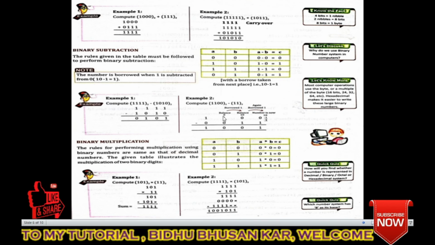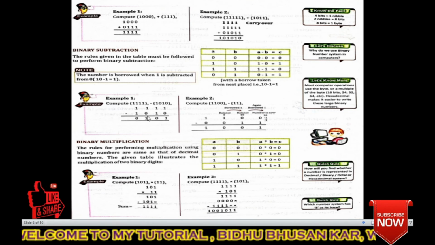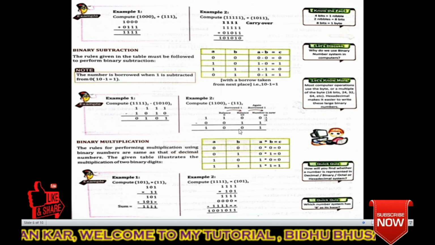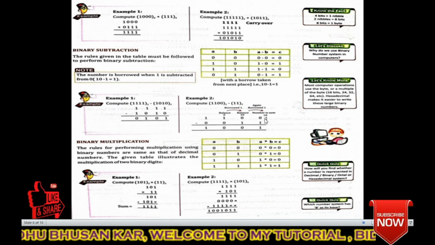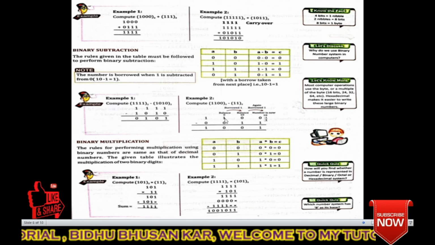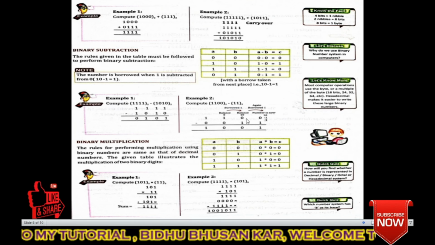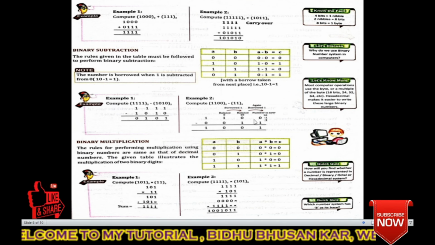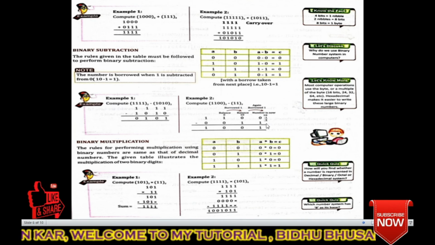Okay, you go through all these examples. Example 1, example 2. See, 1 minus 0 equal to 1, 1 minus 1 equal to 0, 0 minus 0 equal to 0. Okay, so here is borrow, how you are borrowing. So this minus this. What we cannot do like this is 0 minus 1, yes or no? So we have to borrow from here. If you borrow, what will happen? We are able to subtract this. Okay, just see these examples and read all these things, then you will be able to understand.